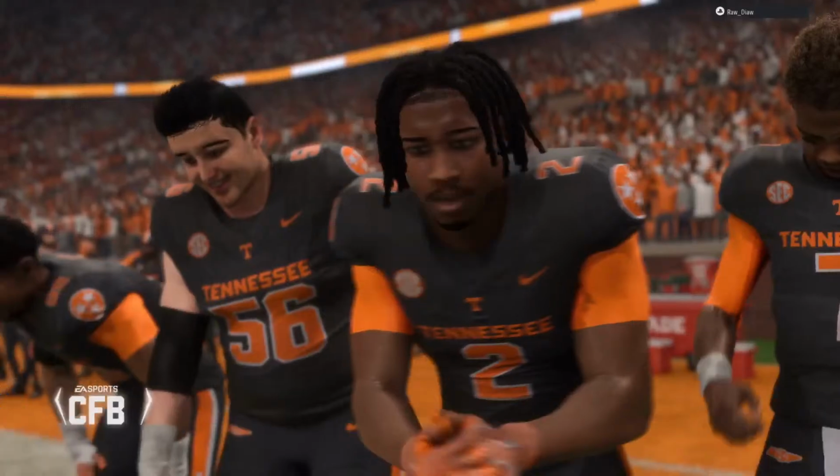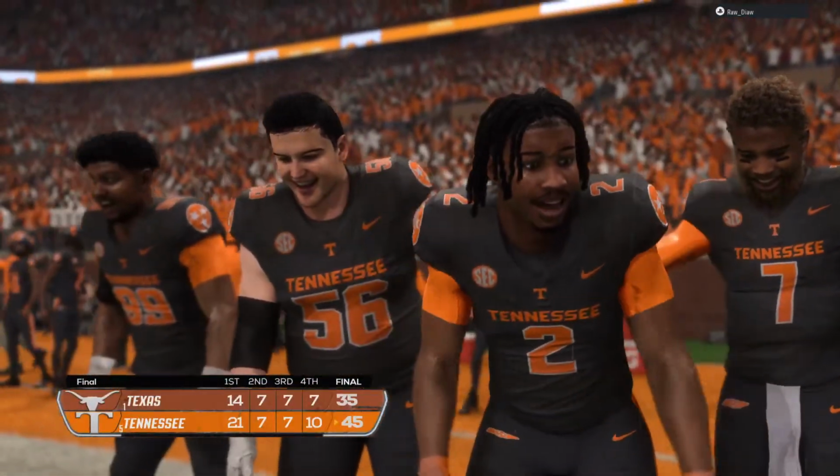We came in expecting, Kirk, one of the best matchups of the season. In the end, #1 go